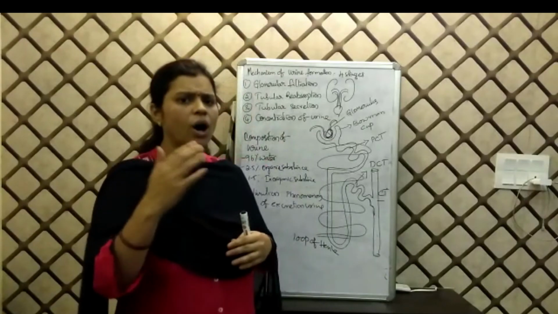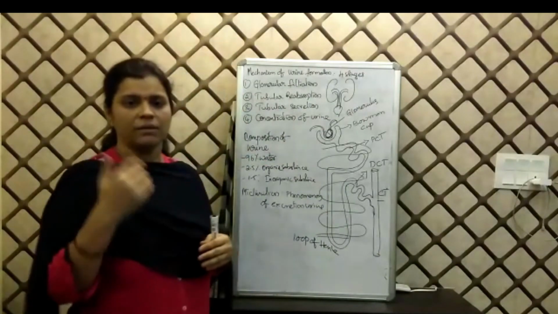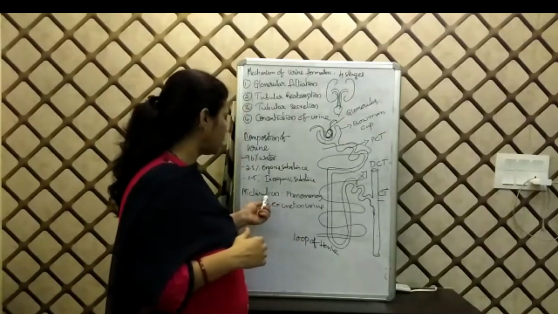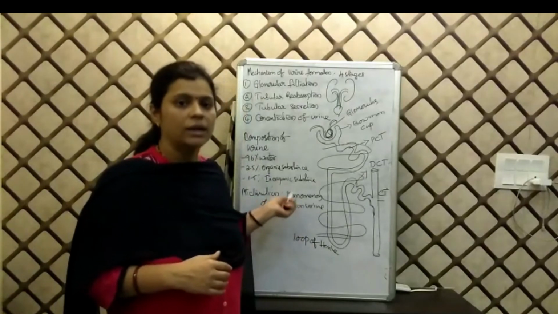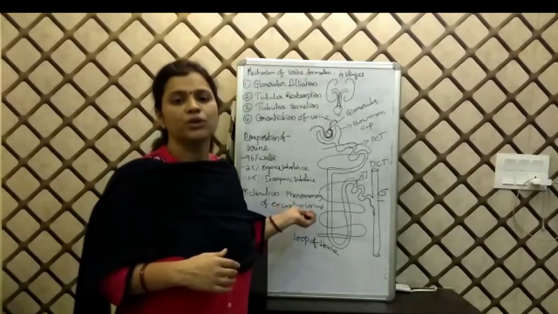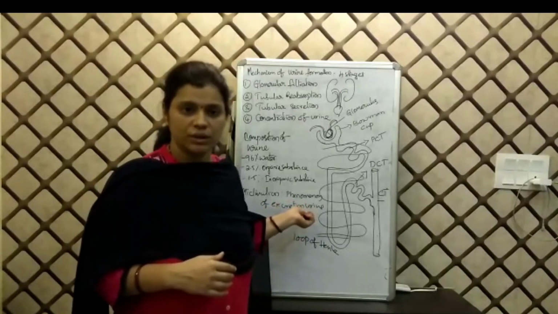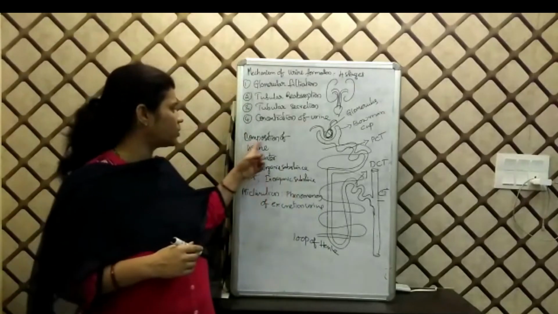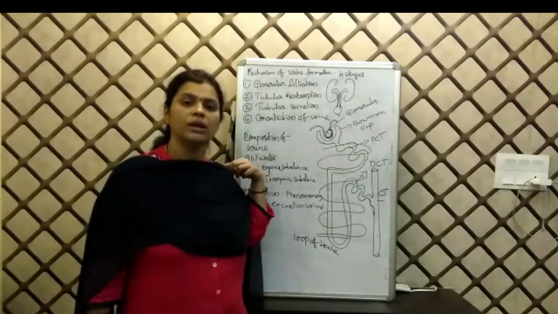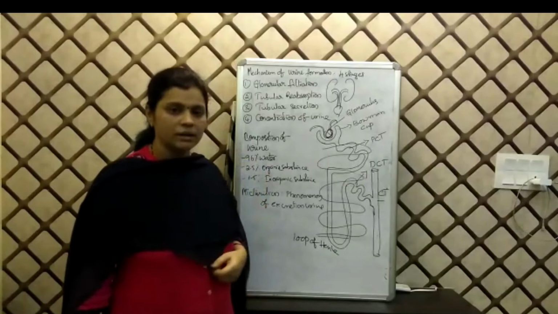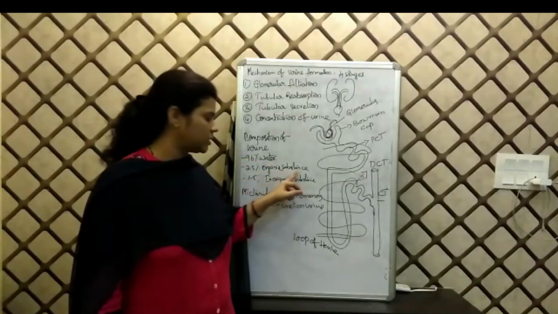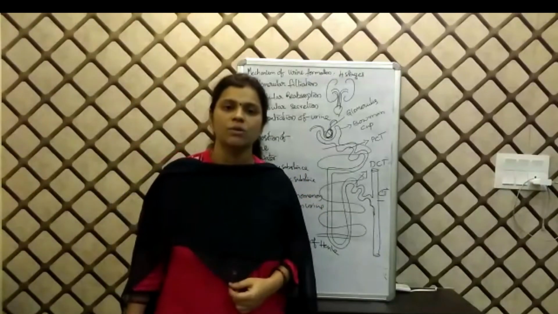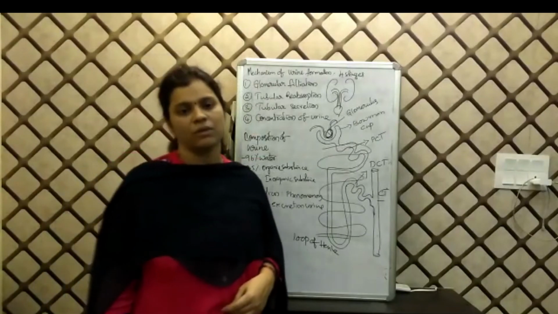Now next, the urine which is formed and ready to be excreted from the bladder through the urethra, we have the phenomenon called micturition. That is, the phenomenon of excretion of urine is called micturition. Now, the urine which is coming out from the excretory system, what is its composition? The composition of urine is 96% water, 2.5% organic substances, 1.5% inorganic substances, and some amount of enzymes, hormones, drugs, etc. are eliminated from our body.